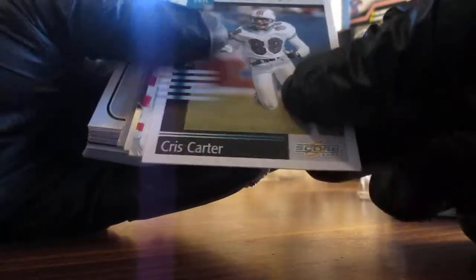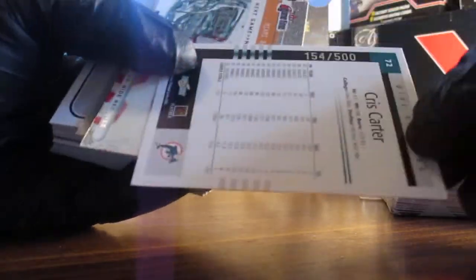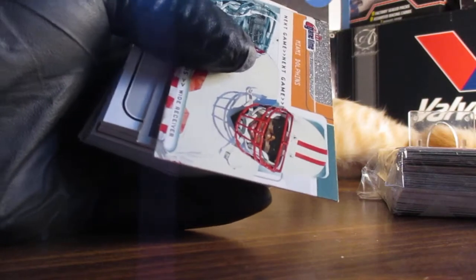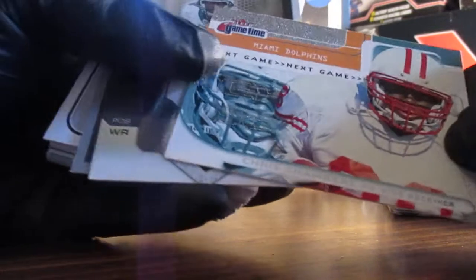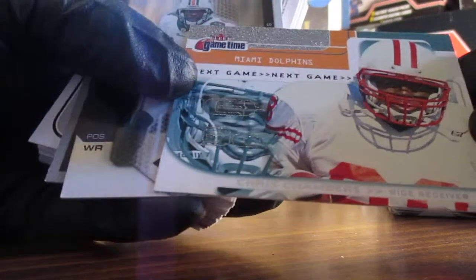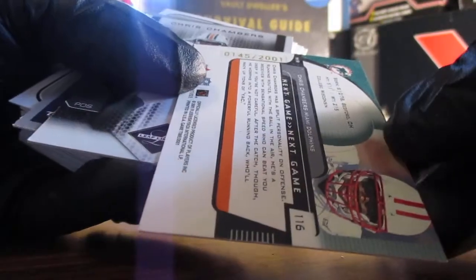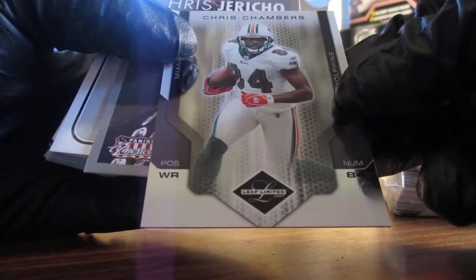Chris Carter, whose time with the Dolphins wasn't very long, and that's a serial number card out of 500. That's a nice one. There can't be too many Chris Carter cards in a Dolphins uniform. And this one here, this is a rookie, I think, of Chris Chambers. That is nice, and that is serial numbered as well, out of 2001, 145. That's nice. I thank you, Danny, for these extras. Another Chris Chambers,